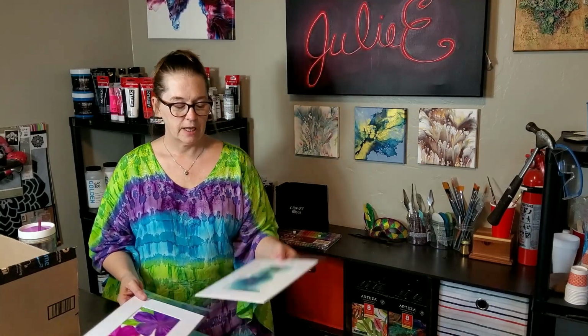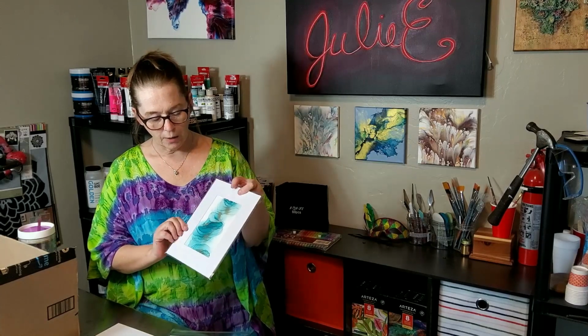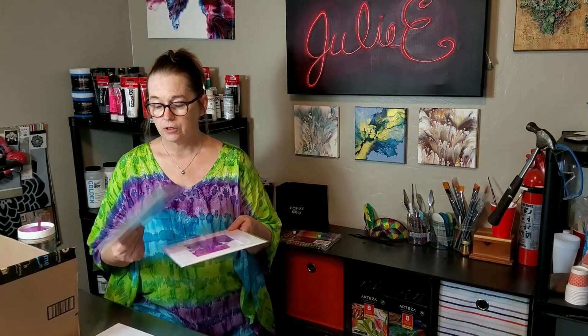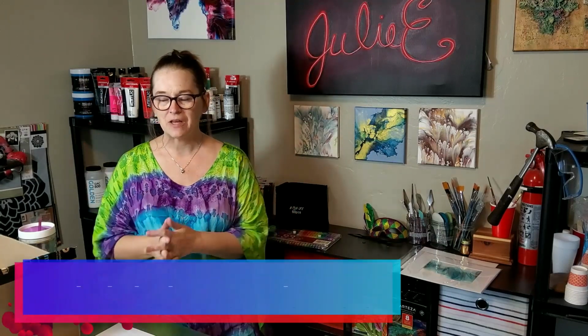I think the matte frames just add a little something extra to the look. So it makes them a little more sellable. And I will show you everything that you need in order to get them to look like this. All the tapes, the boards, where I get it, all that fun stuff. So let's start diving in and get out the markers, the glitter pens, all the fun stuff that goes with